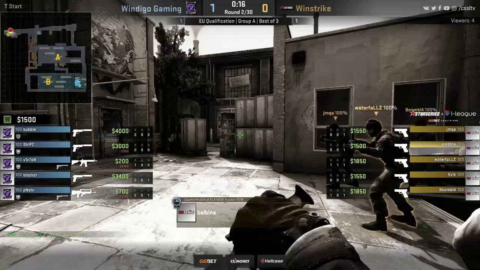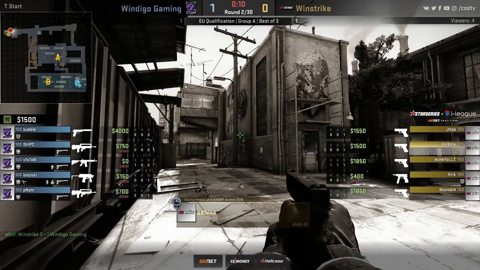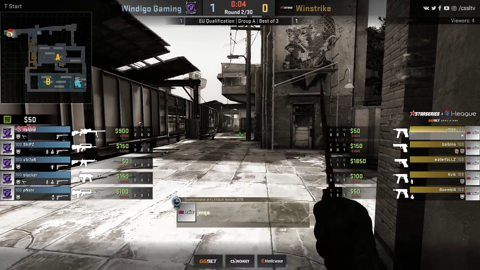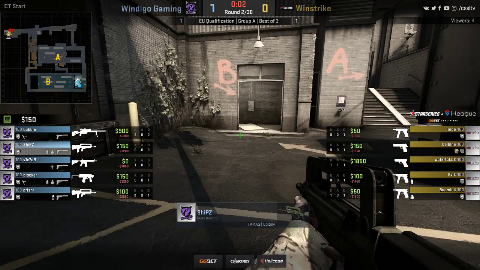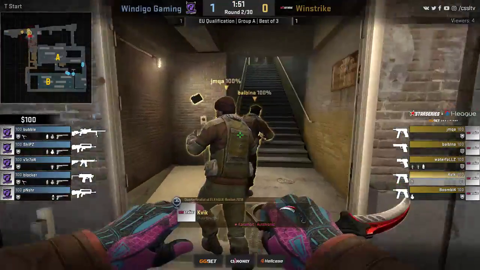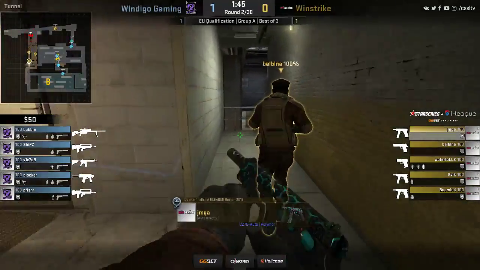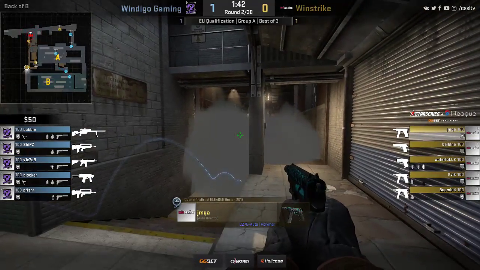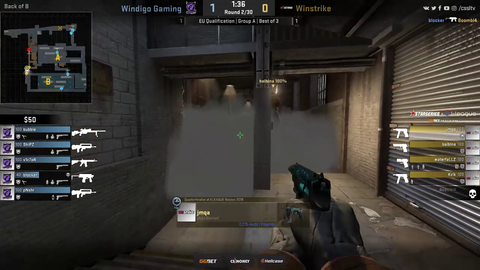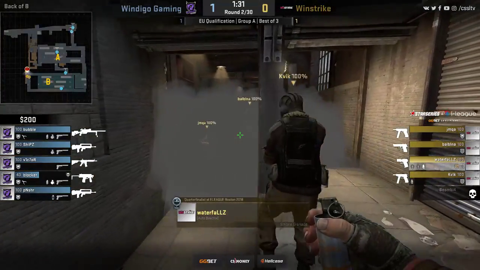A little bit anticlimactic towards the end, but they take it nonetheless. Very well done from them. It will give them that strong start that they want coming into this one to close it out 2-1. Again, the mental fortitude really going to have to be strong here. They took their first map dominantly. There was a point where they very easily could have taken Inferno, but they allowed Winstrike to get back into it,